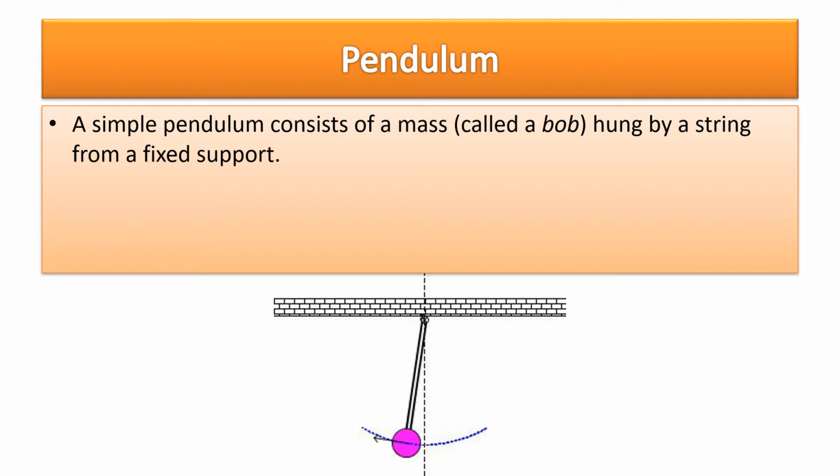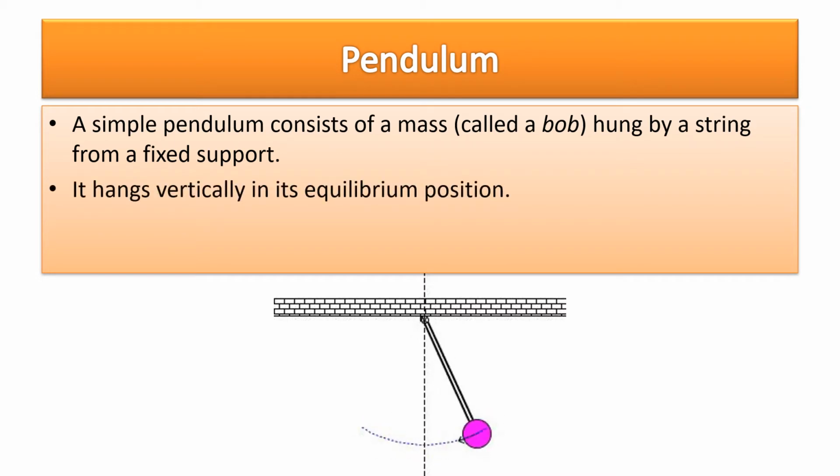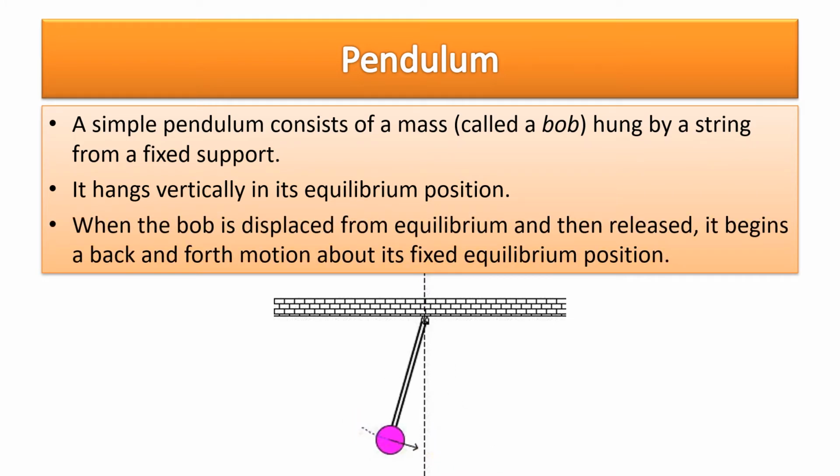A simple pendulum consists of a mass, which is called a bob, which is hung by a string from a fixed support. It hangs vertically in its equilibrium position. So right now it's going back and forth. It's oscillating about its equilibrium position here. But if it wasn't moving, it would just hang straight down, obviously. When the bob is displaced from equilibrium and then released, it begins a back and forth motion about its fixed